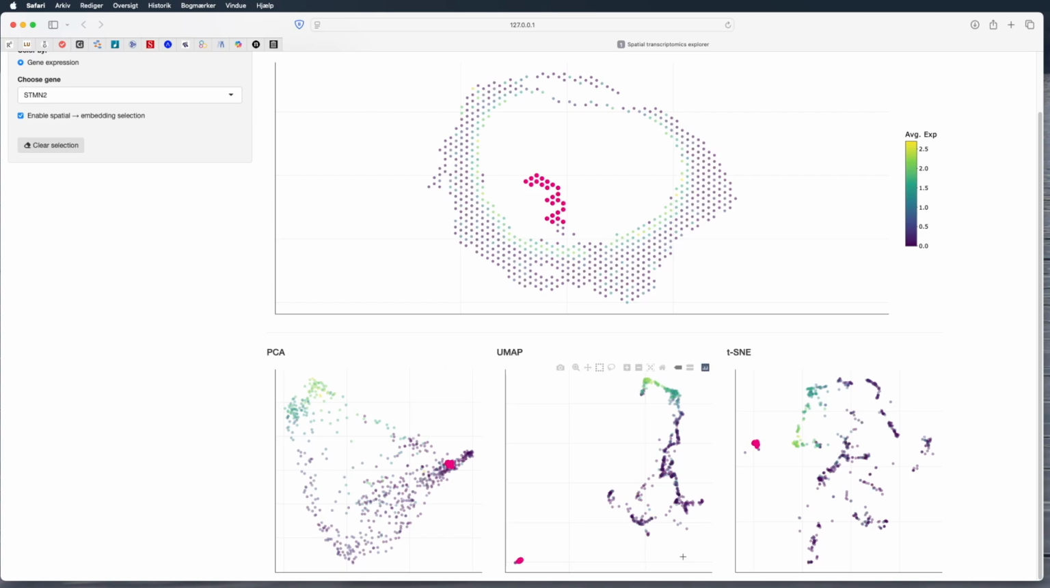But additionally, maybe we will also observe something looking like a cluster in one of the dimensionality reductions, and we want to see the spatial location of that. So let me just clear the selection here. Maybe I look at this part and say, this actually looks like a cluster in the UMAP. And then it would highlight in all of the other dimensionality reduction plots and also in the spatial feature